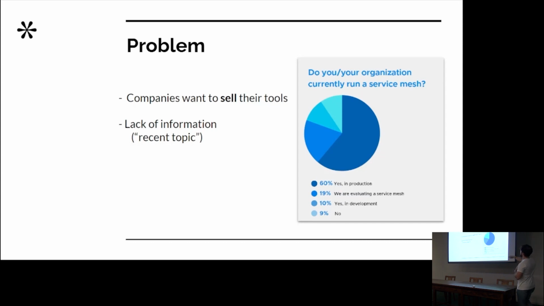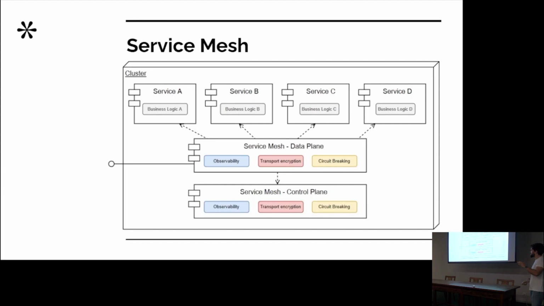This is just a cool survey that I found on the Cloud Native Computing Foundation, that about 250 people participated in this survey, and 70% were already using service mesh. So I'm going to talk about those patterns that I documented, in very small detail. So a service mesh, as I said, is a way to remove cross-cutting concerns out of your services.